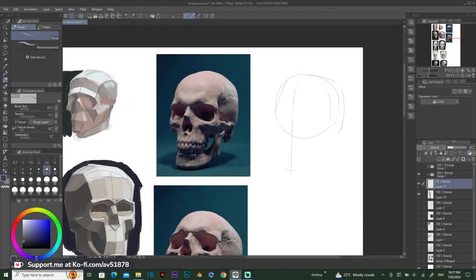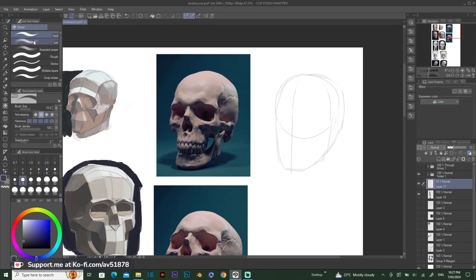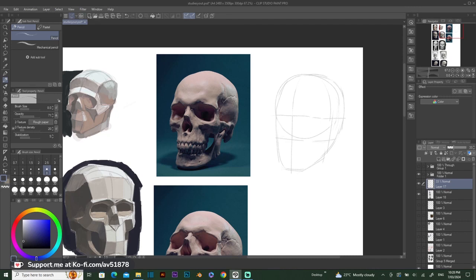Hello. So, welcome to part 2 of portrait practice for Planes of the Head slash Planes of the Skull. And this time, we are now tackling the study of the skull. And so I did the construction phases of both the skull references, and